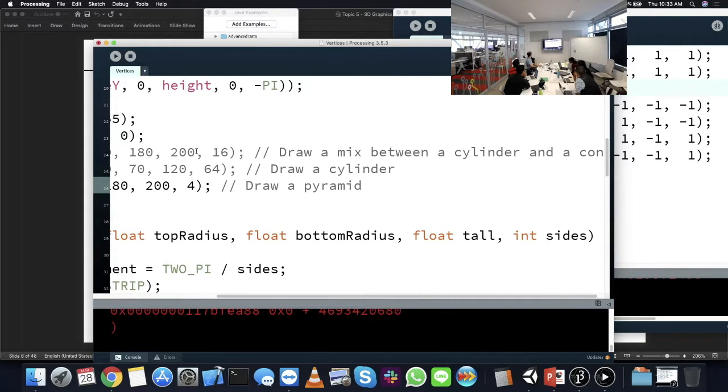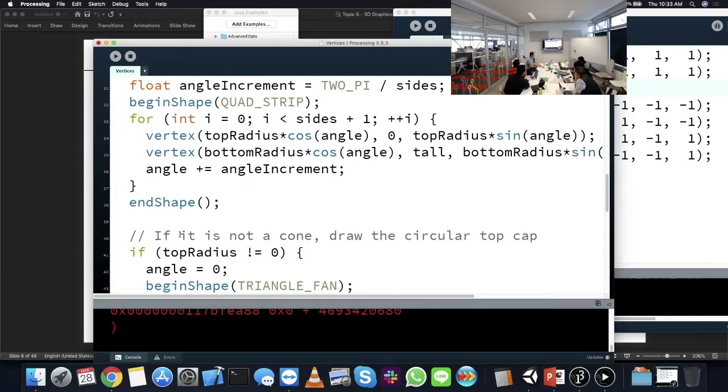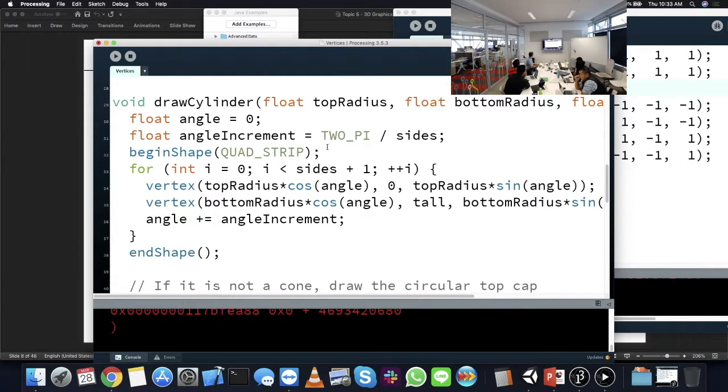The cone and the pyramid are taller than the cylinder was, and then sides defines the number of sides we have. The first one had 16 sides, which is why it looked quite angular. The cylinder had 64 sides, so that was why it looked quite smooth. And then the bottom one, the pyramid, has 4 sides, which is why it's a pyramid. If we look at the draw cylinder method, it's a little bit more complicated because it's using sine and cosine to calculate the shapes around a circle,